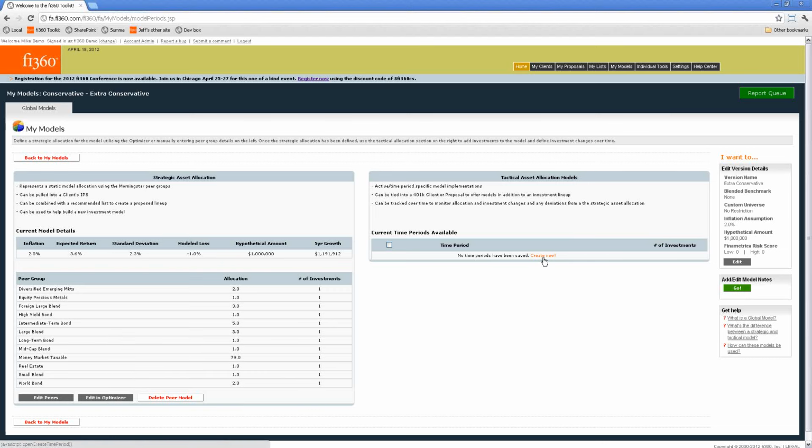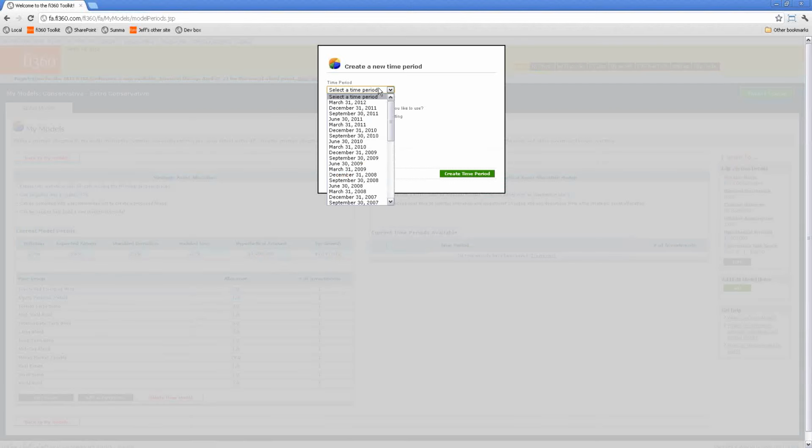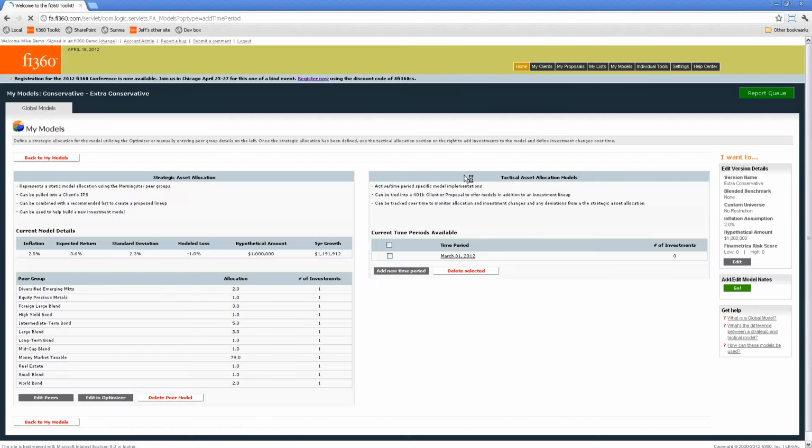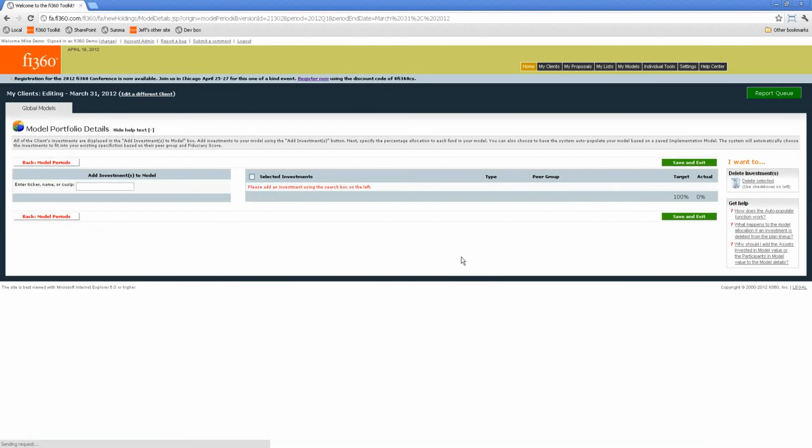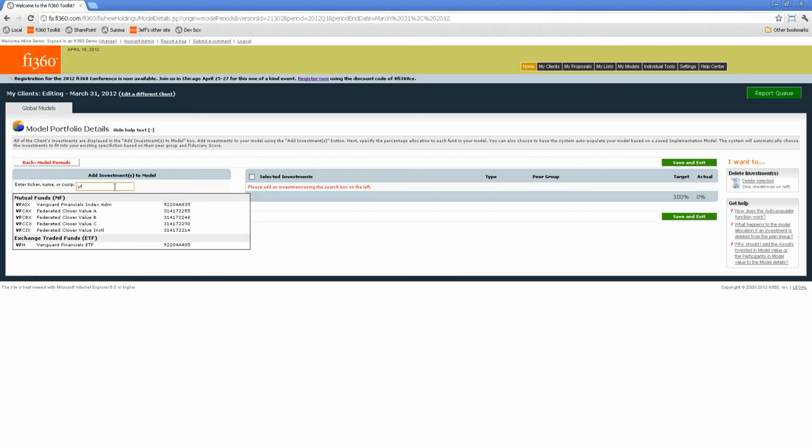And I can go to the right side now, and I need to create my first time period. So I'm going to add the most recent time period available to me, March 31st, and jump in here and start adding investments. Now when you jump in here for the very first time, you'll see that there's not much going on. But what I can do, and again, I'm just picking some random investments, so don't track this too closely, but if I type in my very first investment,